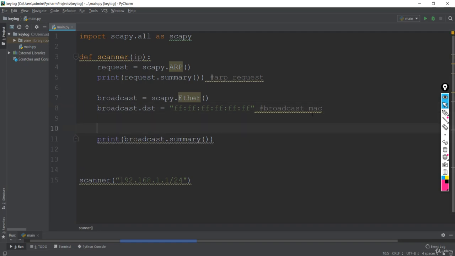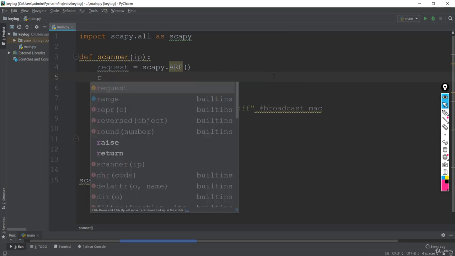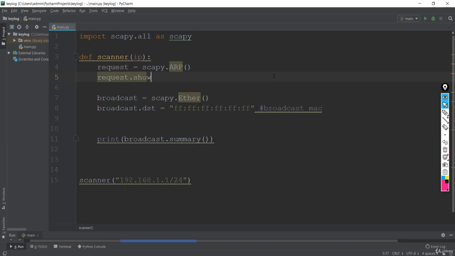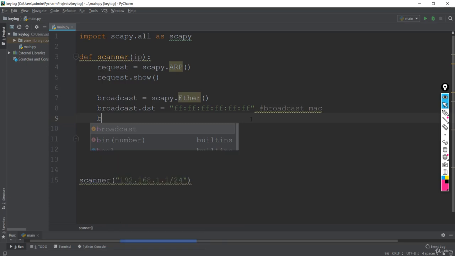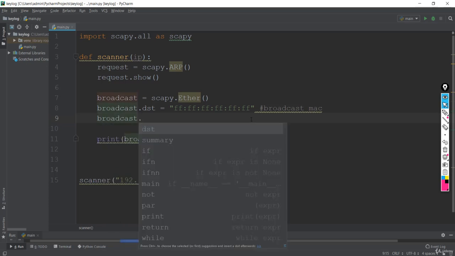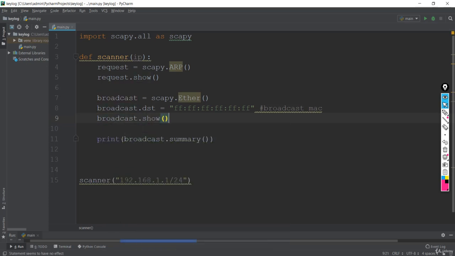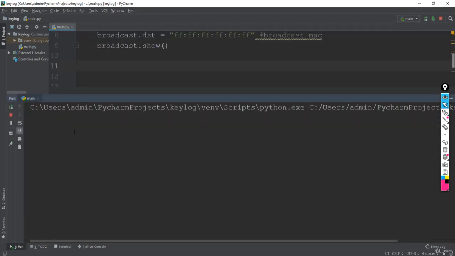Instead of the summary, I'll clear this out, and I want to use the show method to show you these layers. So I'll say broadcast dot show, remove this, and run this main again. Then it will give us some information.